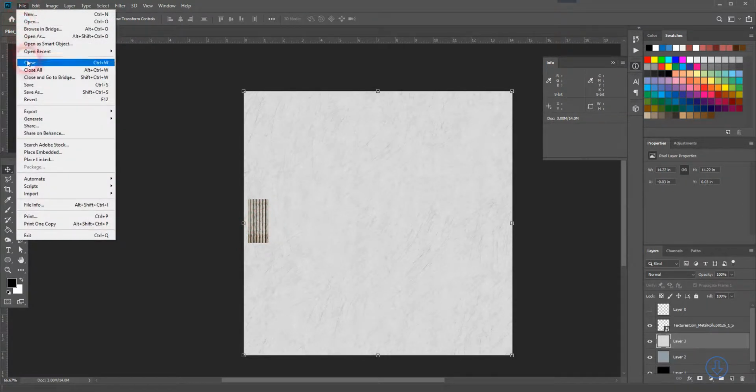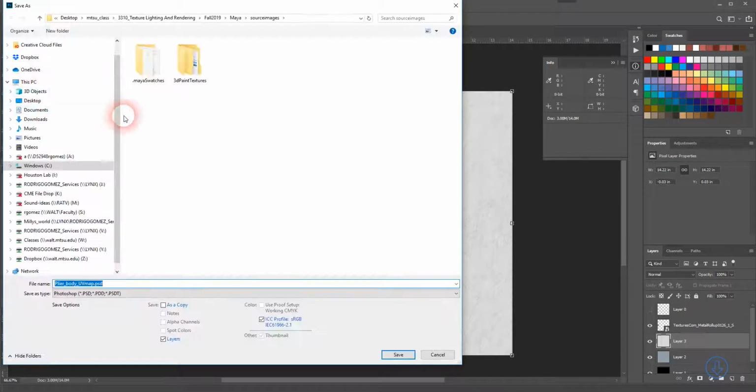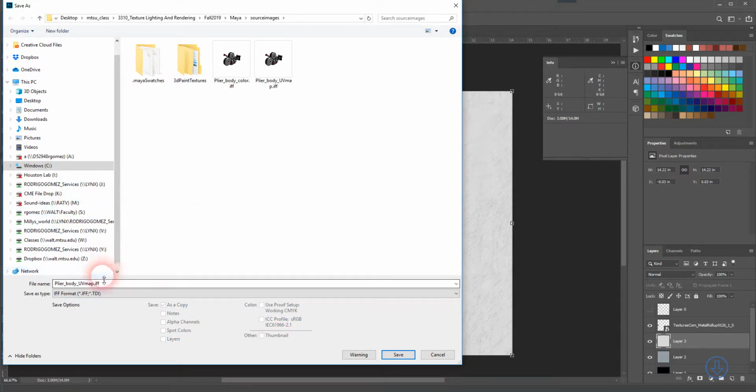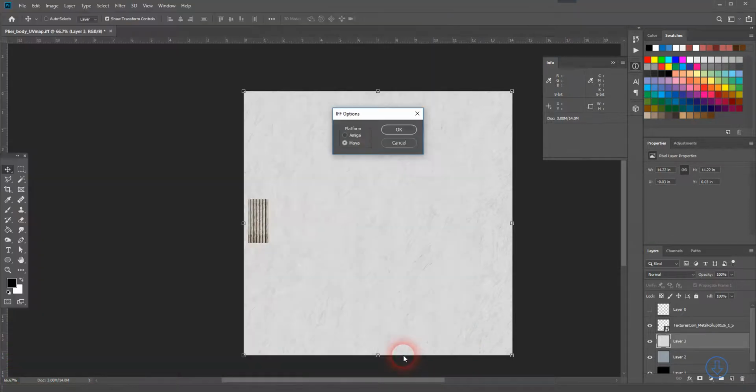So I'm going to just save this as, and then this one will be an IFF again, and this time I'm going to call it player body bump. So this is just standard bump, nothing else but just standard bump. I'm going to save that, and then okay. Alright, so I'm going to go back to Maya,